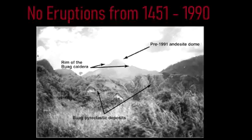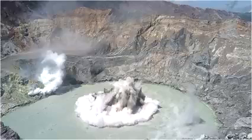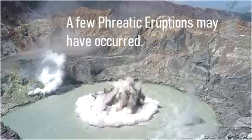For the next several hundred years, there was no definitive records of eruptions from this volcano. However, there is some contemporary evidence which suggests that several steam explosions known as